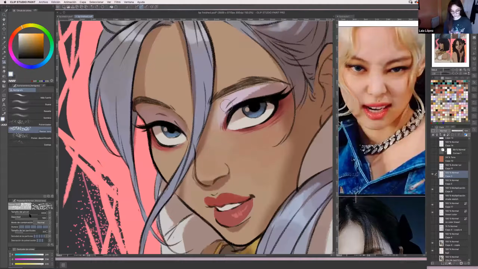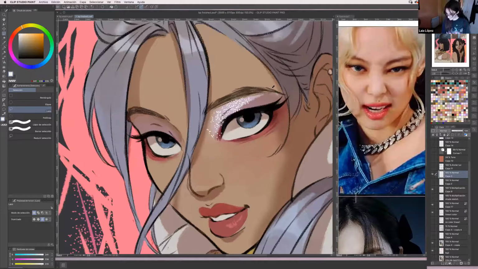Why does it look like this? Now I'm having one of those times where you look at a drawing you did and you're like, how did I do that? I don't remember. But what you can do if it looks too big, which it does right now, is use the lasso tool and select it. Then I press Ctrl T to transform it, and I make it smaller. Now that's more like it. Okay, I really don't remember what I did, but now it looks much better.